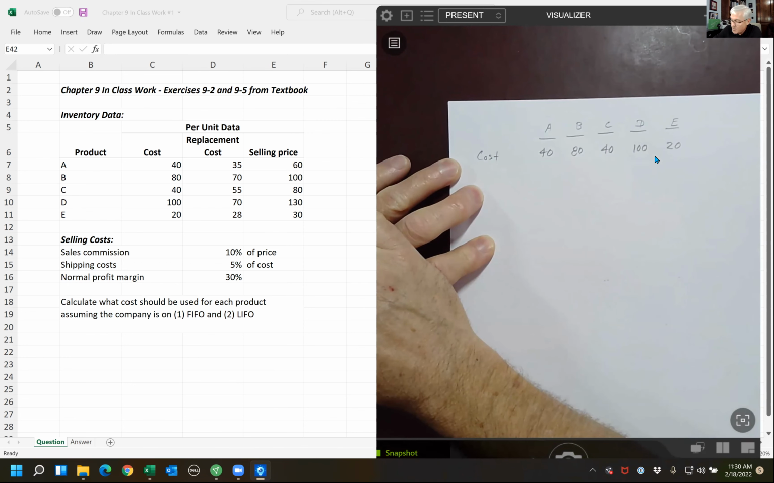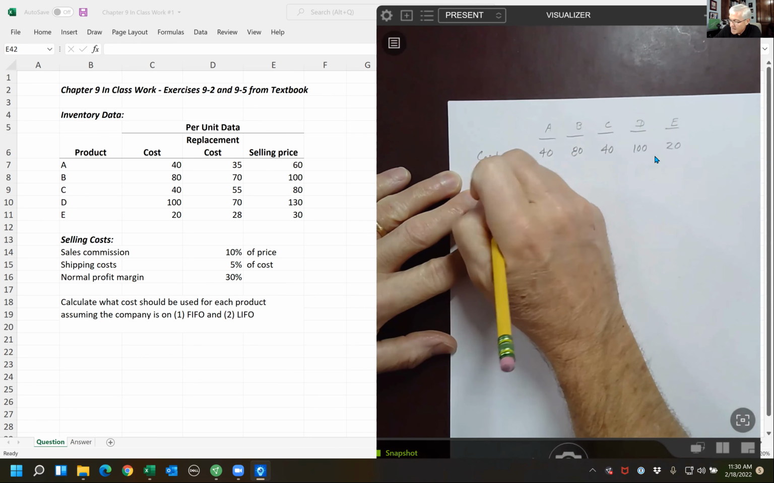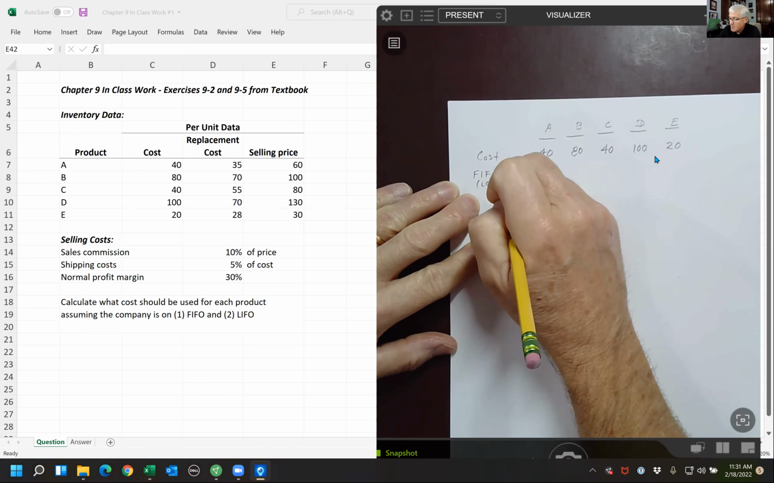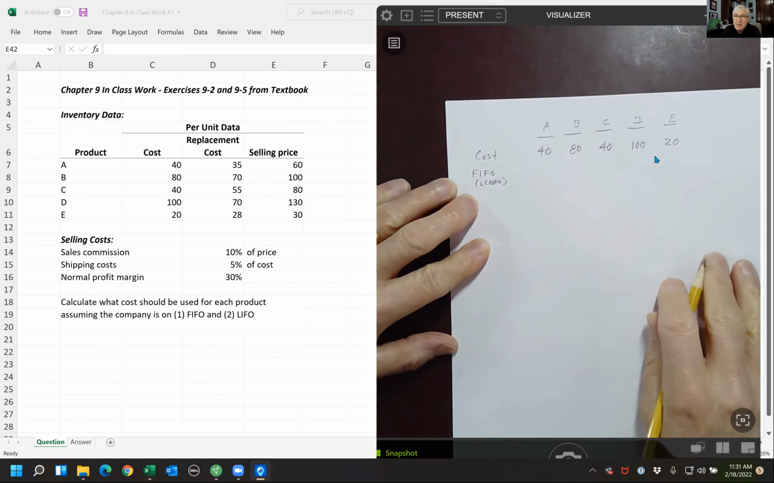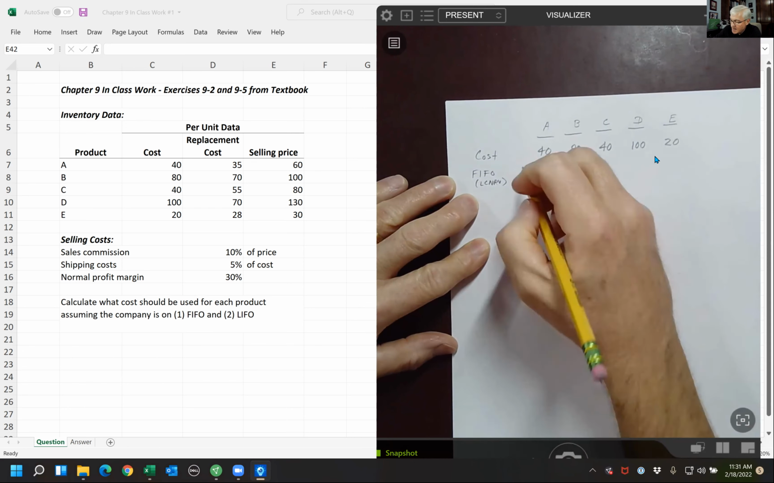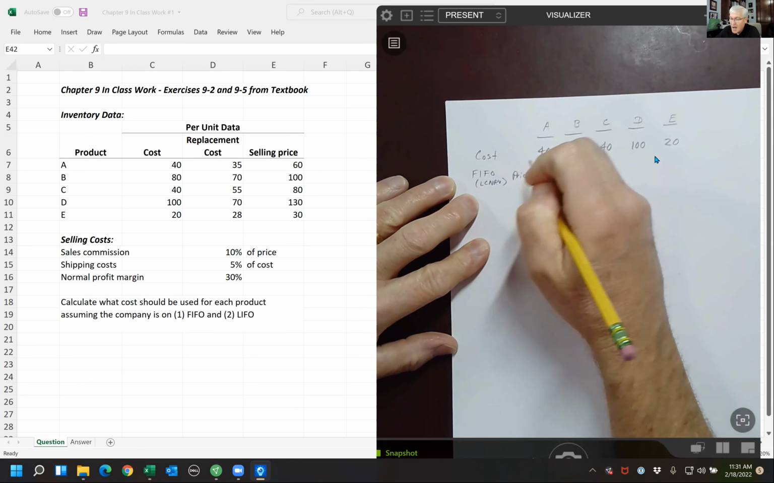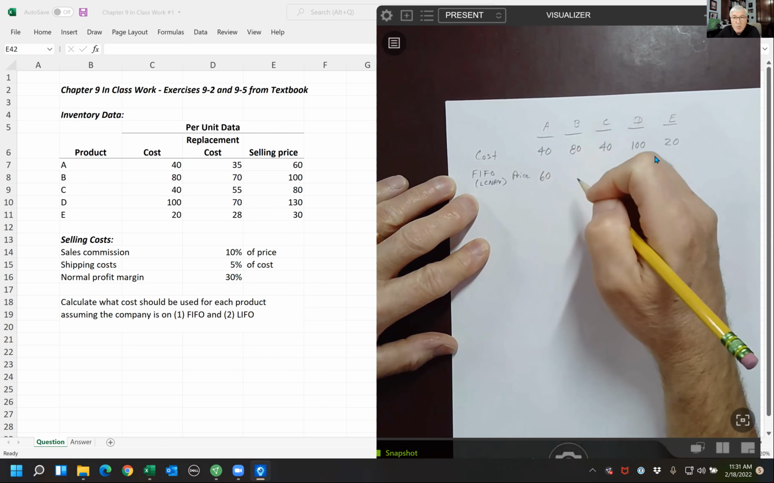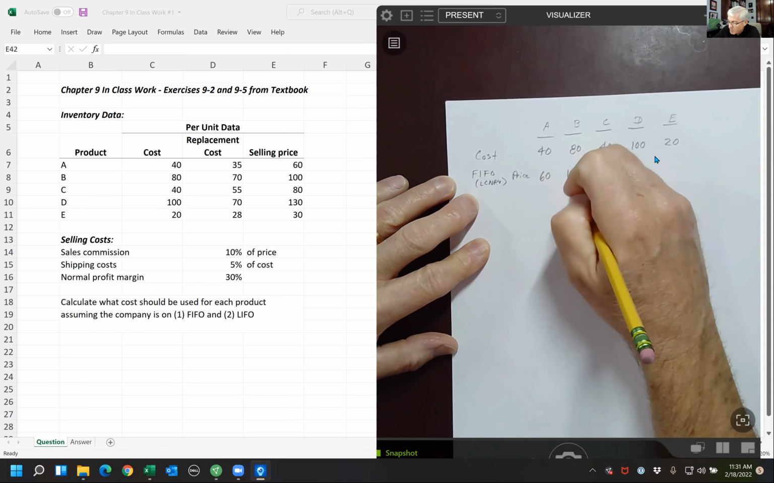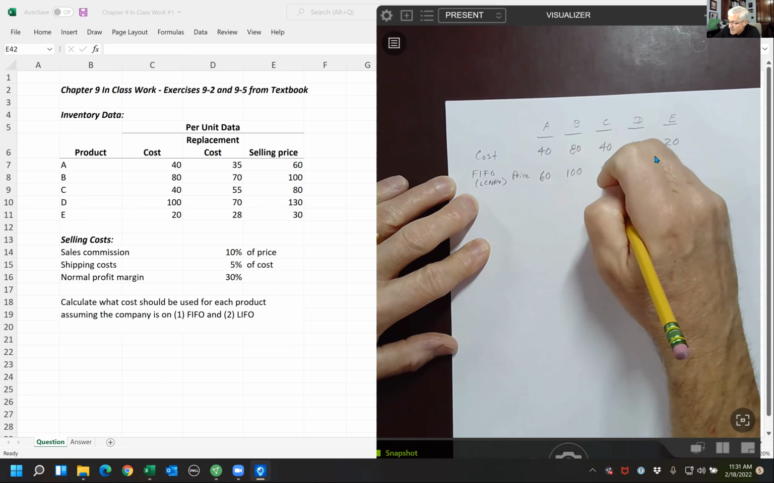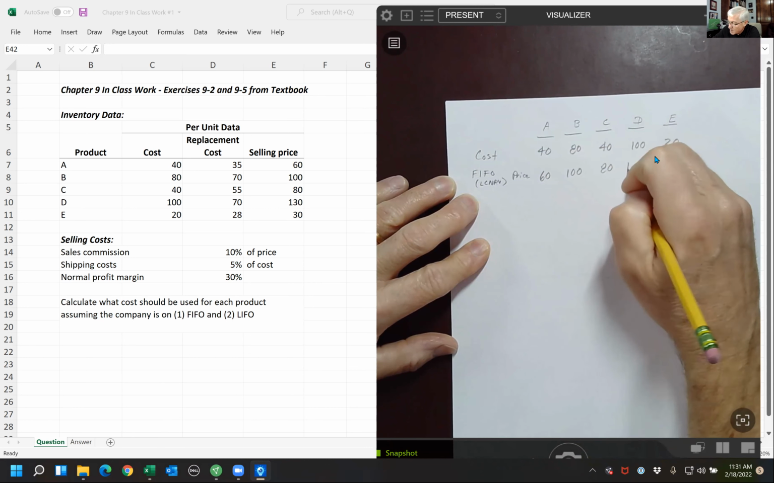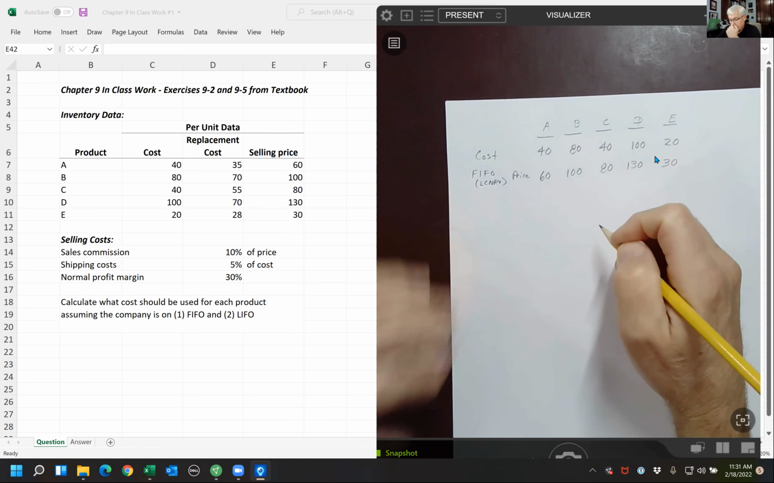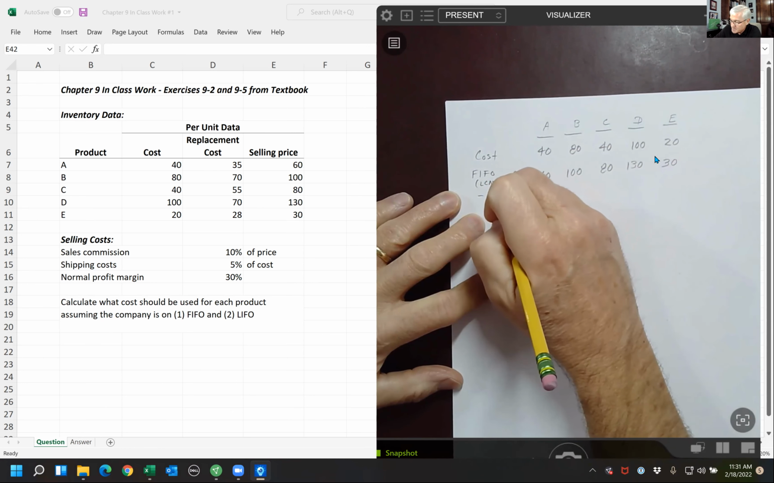Okay, so let's go do FIFO first, and that is the lower of cost or net realizable value. So we've got to go calculate the net realizable value, which is nothing more than the price minus the cost to sell. So let's pick up the prices. This is 60 for product A, 100 for product B, 80 for product C, 130 for product D, and $30 for product E. And we got to do minus commission,